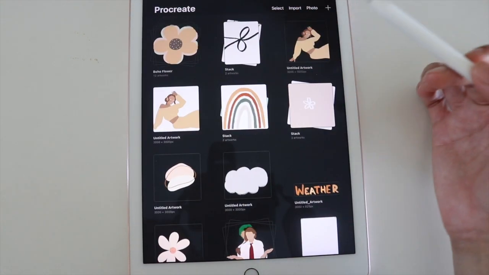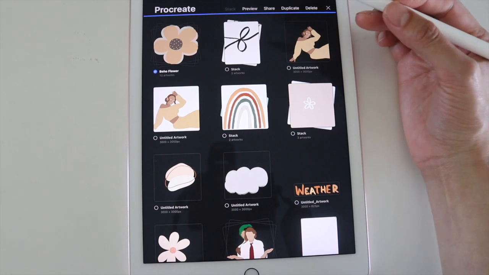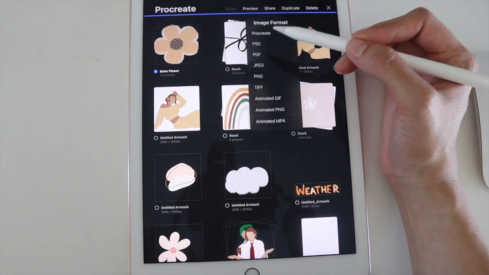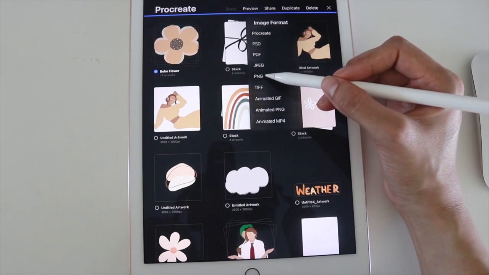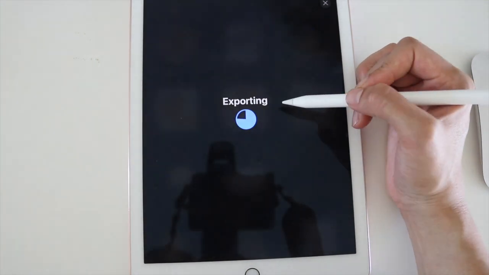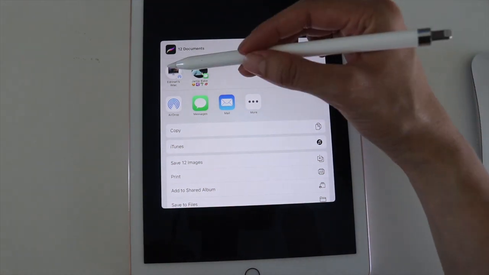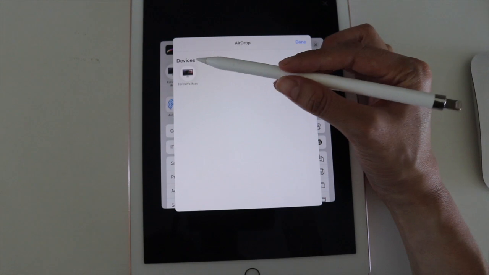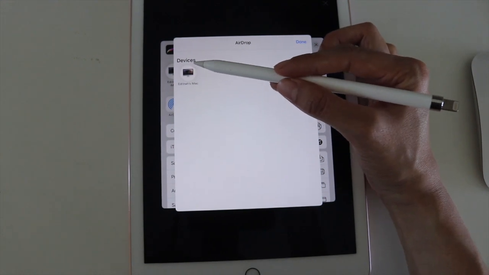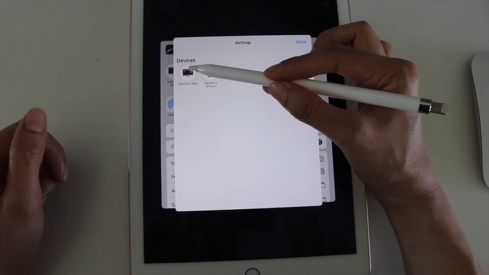So let's go back, select the stack that we want to send over to our computer or laptop, and we're going to press share. This is where it's important. PNG is going to allow you to have that transparent background. So we want to click PNG, and now it's going to say exporting. So let that export. You'll have a blue tick, and then you want to send it through AirDrop, and send it to whatever is connected. So I'm not going to send it to my phone. I'm going to send it to my iMac,